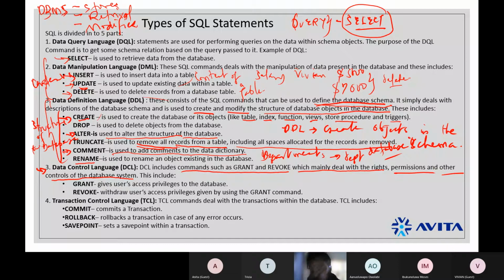Won't you go and fight your boss and say, why is this person earning more than me, and all of that, right? And what does that mean? It means that not everybody that works in the database or in the company must be able to see all the information on the database. Therefore, we have to be able to control access to the database. We have to be able to control what? Permissions. Control access to objects in the database. And how do we do that? We use the data control language to do that. You grant privileges to people and you can revoke the privileges from people, right? Now, let me give you an example.